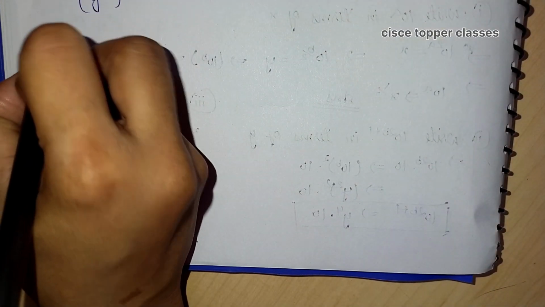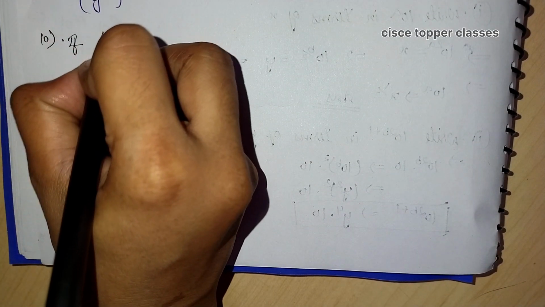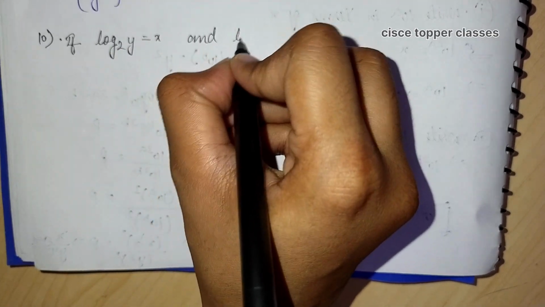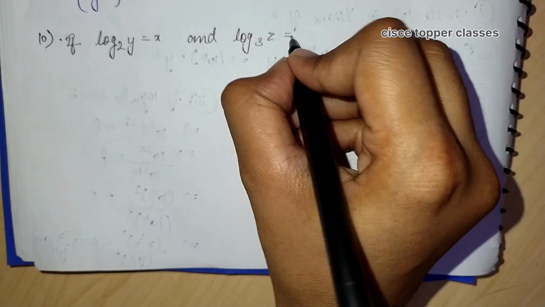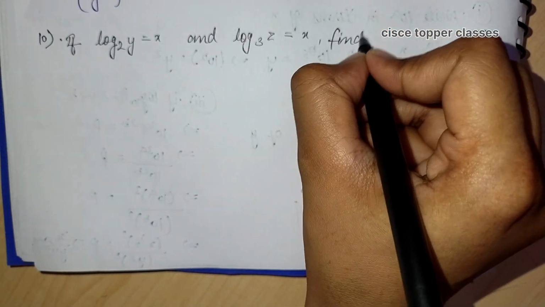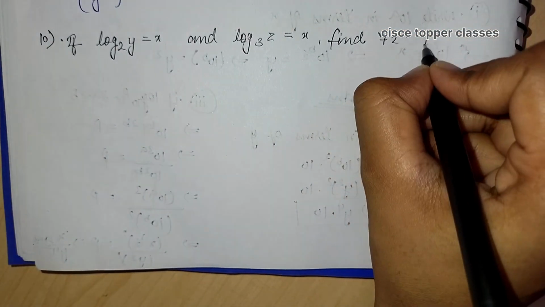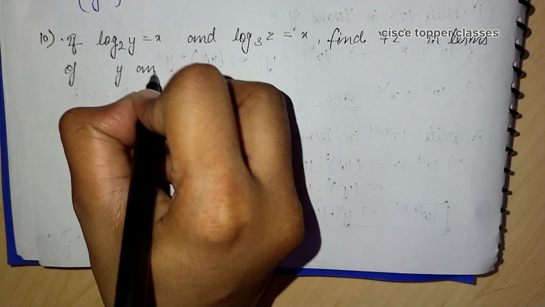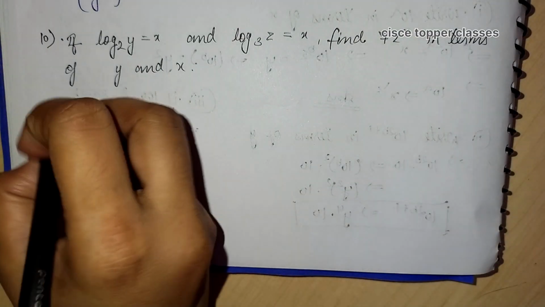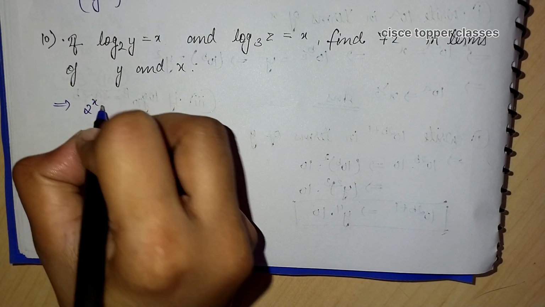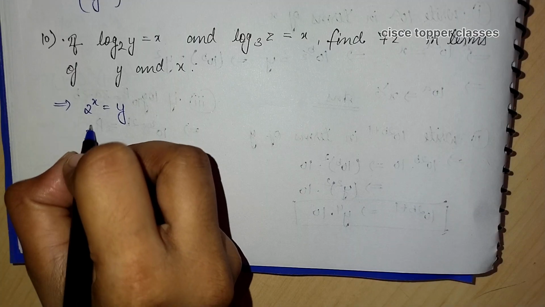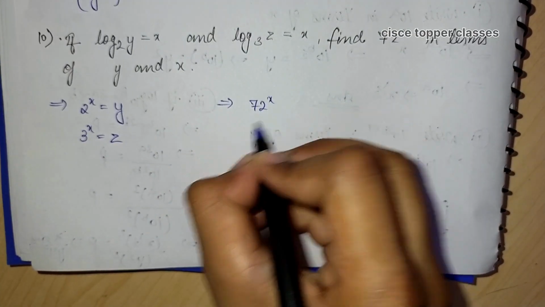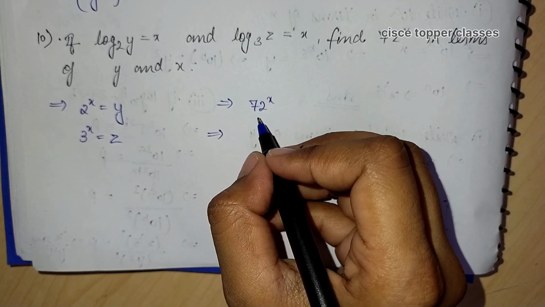Let us solve the 10th question here, in which if log of y with base 2 is equal to x and log of z with base 3 is equal to x, we have to find 72x in terms of y and z. So simply we can write it here as 2 की power x equal to y, 3 की power x equal to z, and 72x we can write it as, firstly simplifying this,